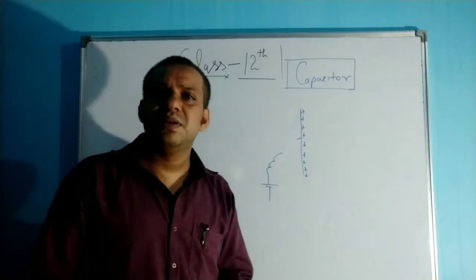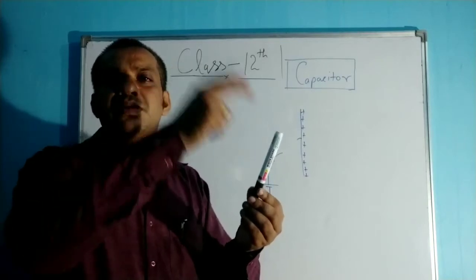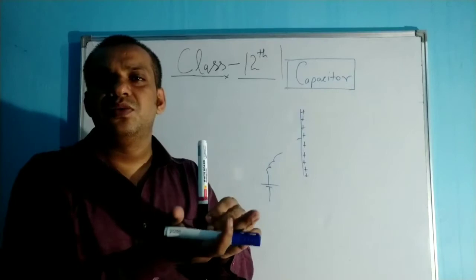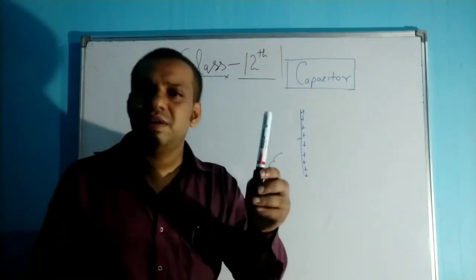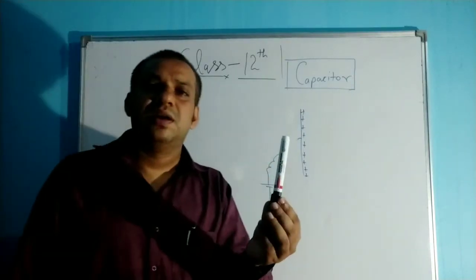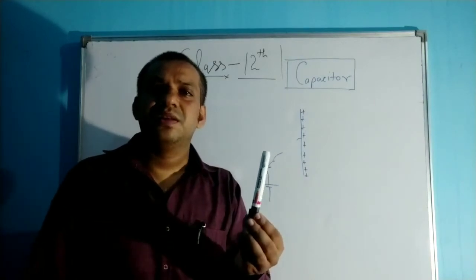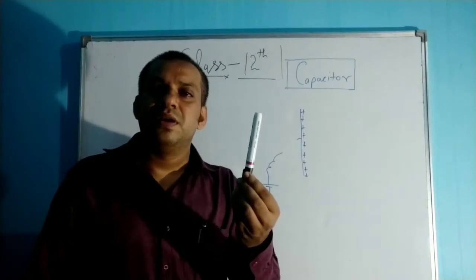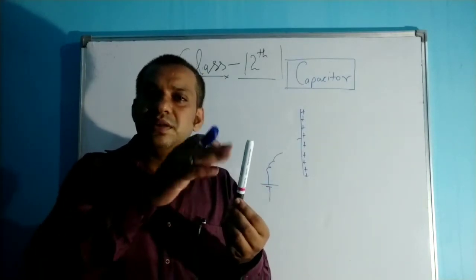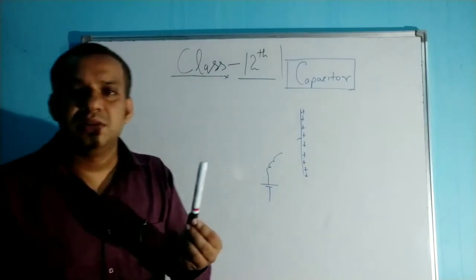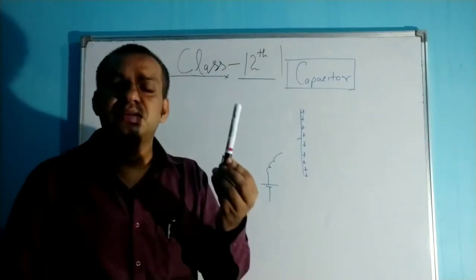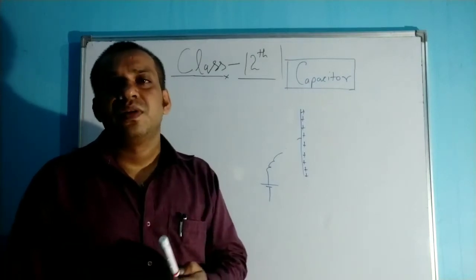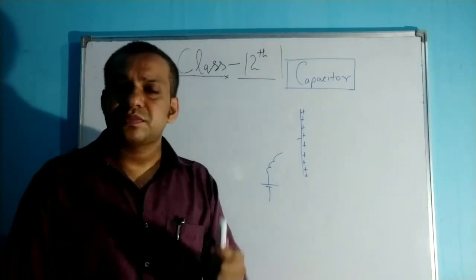Few students will say, simple, sir, we have a conductor, we will simply put some charge on that and we will provide proper insulation. We will use glass or some polythene, and that charge will stay forever unless we get some connectivity. But because of the environmental humidity, the moisture present in the environment will provide some channel, and that charge will get elapsed. Right? So we need a proper arrangement that will maintain this charge for longer.